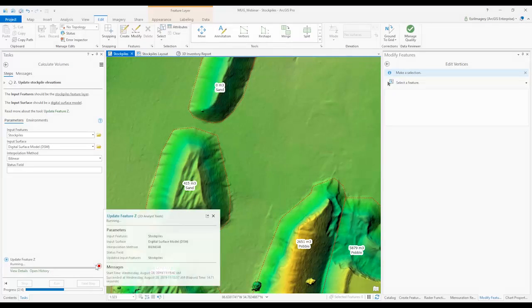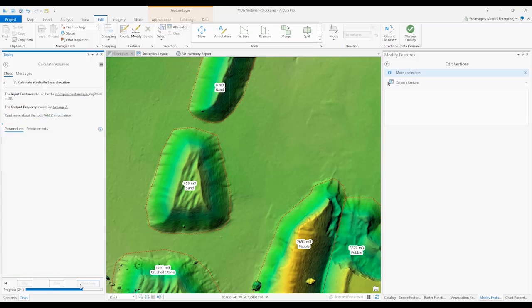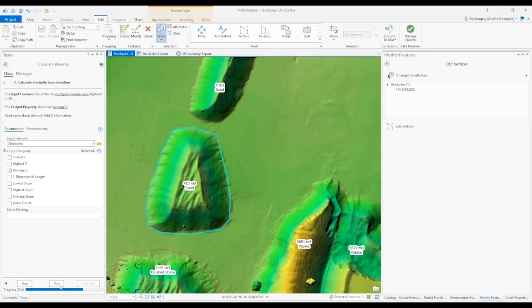We'll give it just a minute here to respond, and once we're done, I can hit next step. And in here, my next step is to calculate the stockpile base elevation. Again, this is another geoprocessing tool. I'm going to provide my input features here as the stockpiles, and we'll hit run. Before finally reaching my final step here,